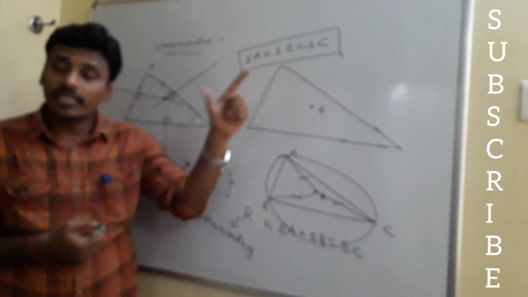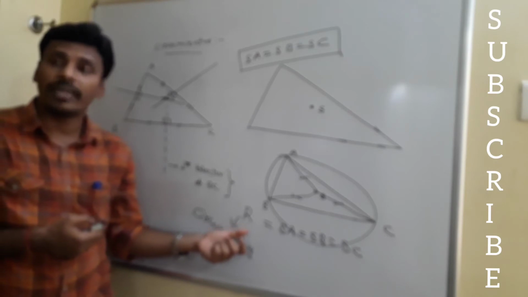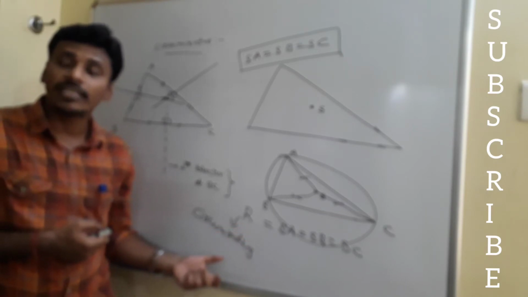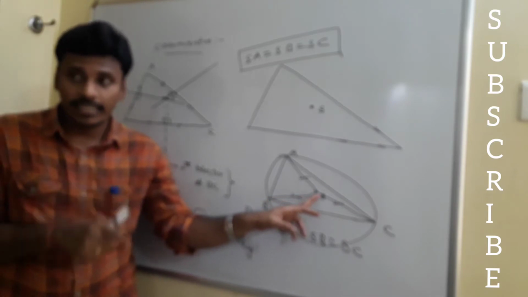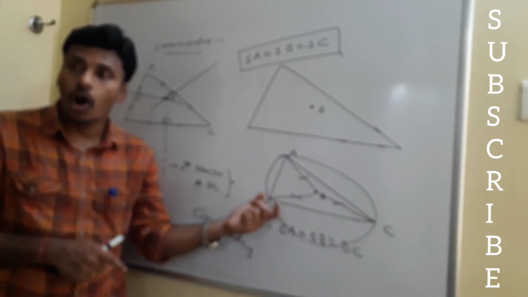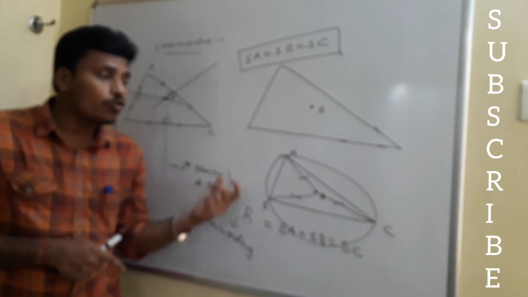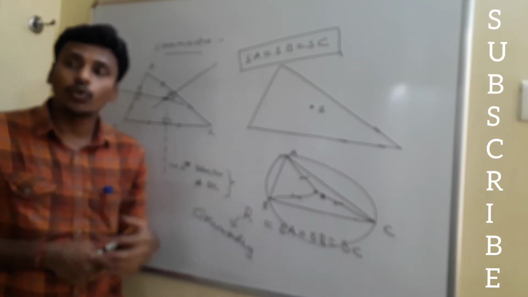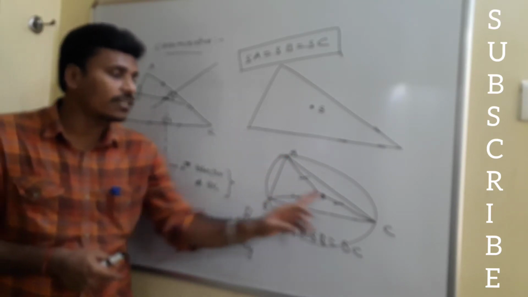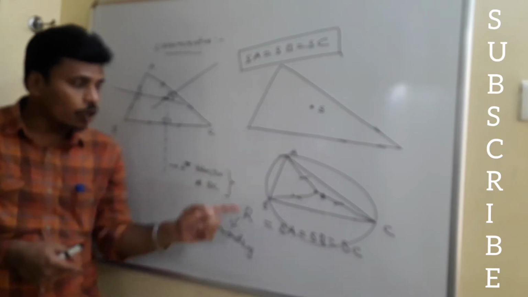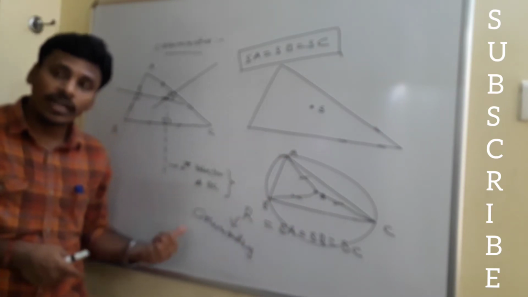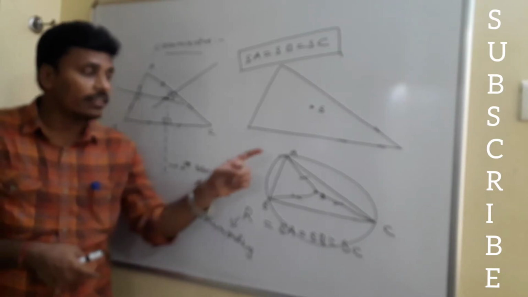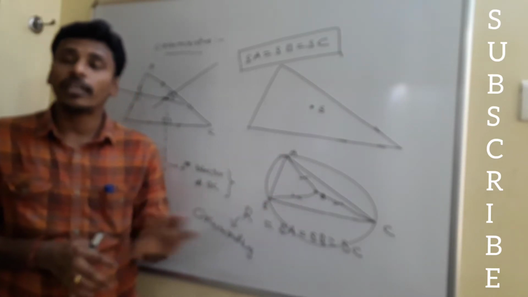And that equal distance is represented by capital R and is called the circumradius. Now with this S as the center and this distance R as the radius, if you draw a circle, that circle surely passes through the three vertices of the triangle, and the triangle looks like this. This circle is called the circumcircle, this radius is called the circumradius, and that point is known as the circumcenter.